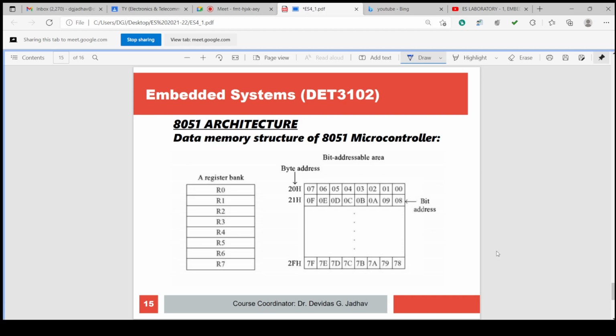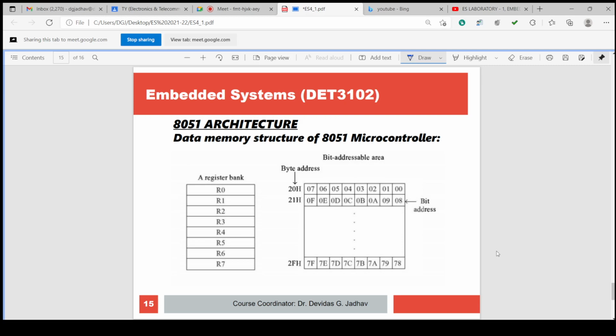Then the data memory structure of the 8051 microcontroller is also there. That data memory structure is bit addressable, so individual bits can be addressed.